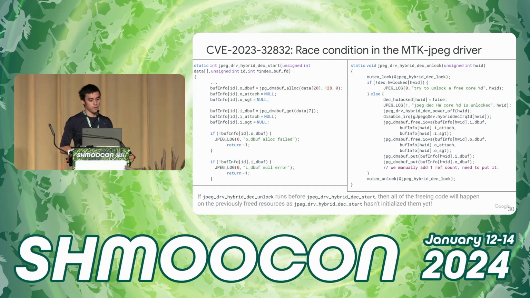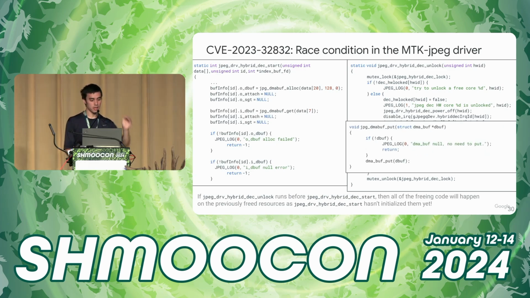I found that if you put the unlock completely before the JPEG start, then all of the freeing code will happen on the previously freed resources, because JPEG DRV hybrid dec start hasn't initialized any of them yet. So if start ran one time before and initialized a bunch of those resources, and then unlocked the core and freed its access to those resources, and later on we have this weird race, and start is going to run again, but unlock runs first, then unlock is going to run on the previously initialized resources, and it's going to free those resources a second time.